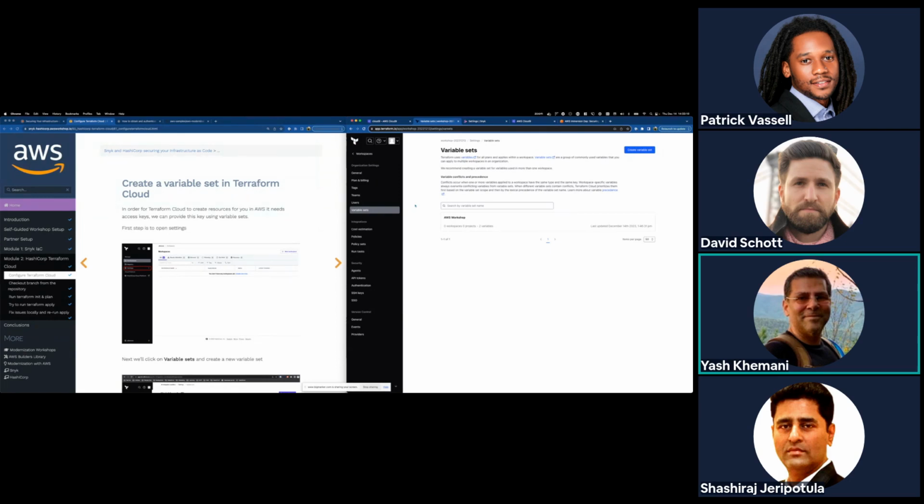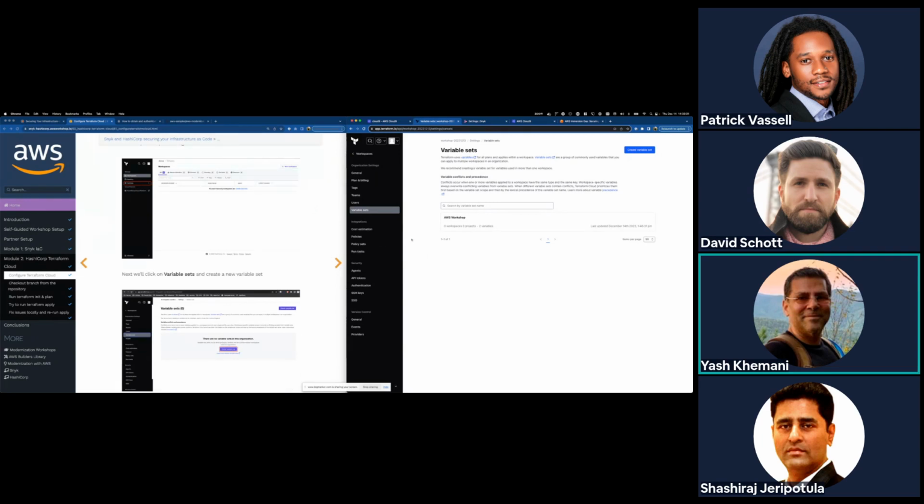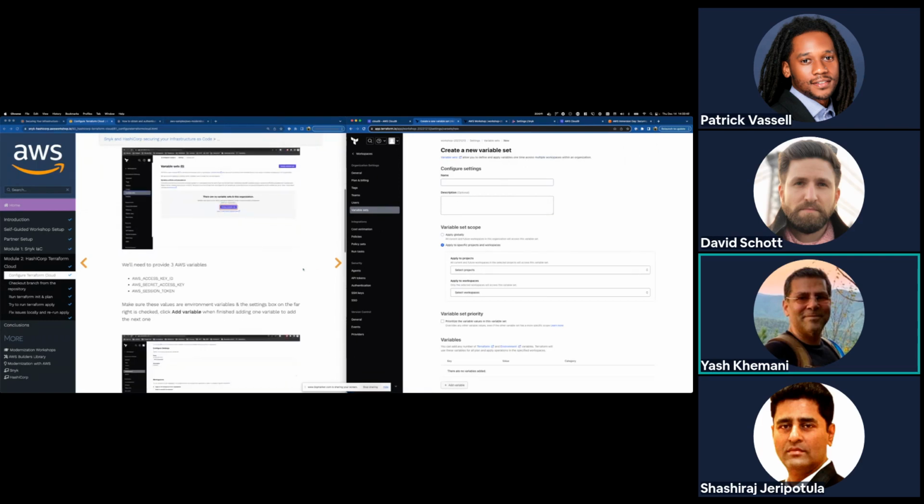A project is just a container level for workspaces that helps to organize your infrastructure as code in your Terraform Cloud organization. I already have a variable set created. You're going to click Create variable set, but let me take you through that process. I'll open up this one and I'll also click Create variable set.